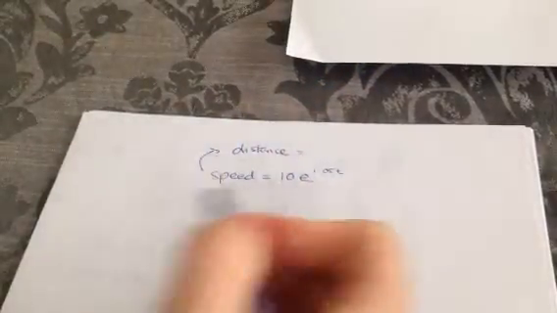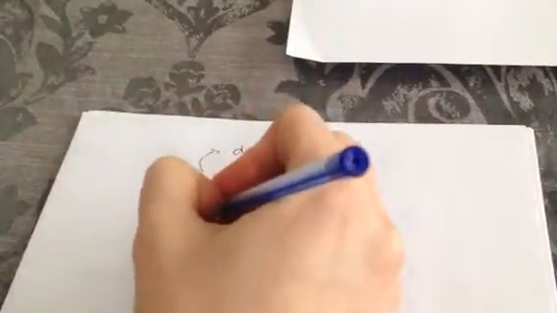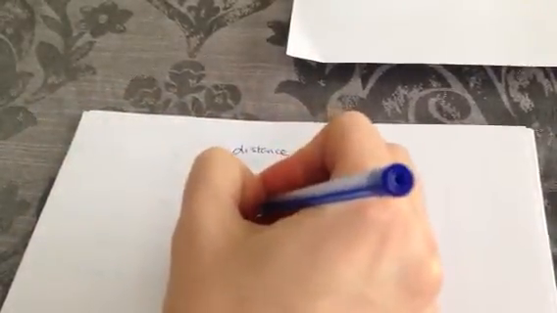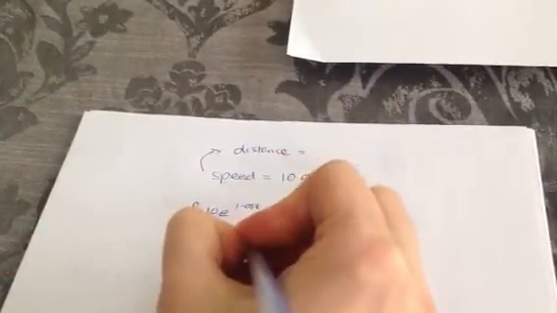And they've actually told me what to do. They've told me to use integration to find the time it takes the car to reach A. So if I integrate, I'm going to end up with a distance or displacement formula. Okay, so that's what we're going to do. We're going to integrate, and I go to my log tables in order to integrate this. And when I integrate, I end up with 10 e to the power of 1.05 t all over 1.05 plus